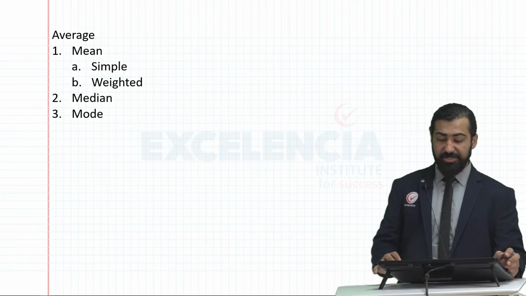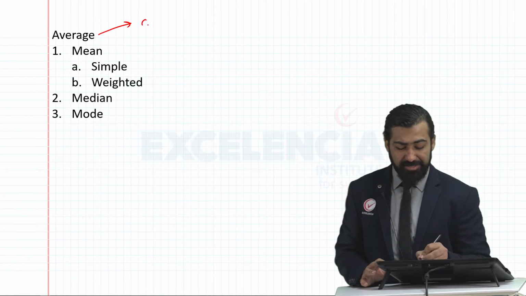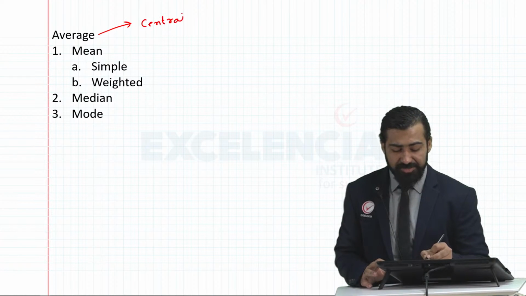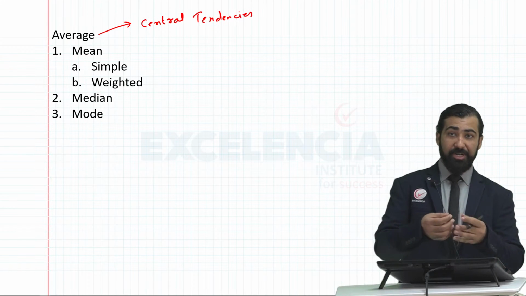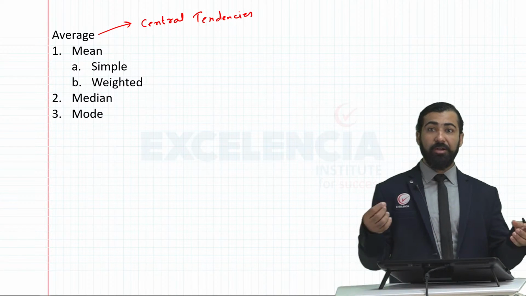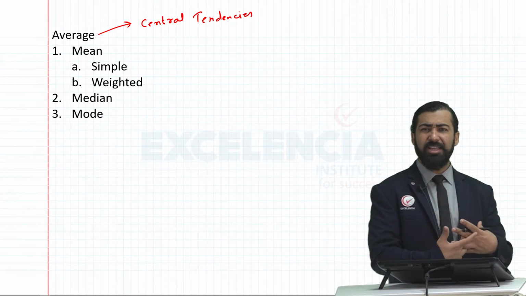Now averages. Averages are also called central tendency. I quote this just for your knowledge. Central tendencies, because generally it is observed that numbers are bound to exhibit a certain pattern amongst